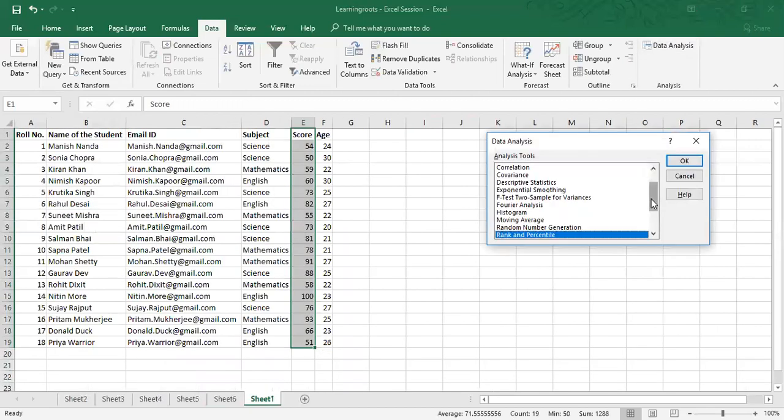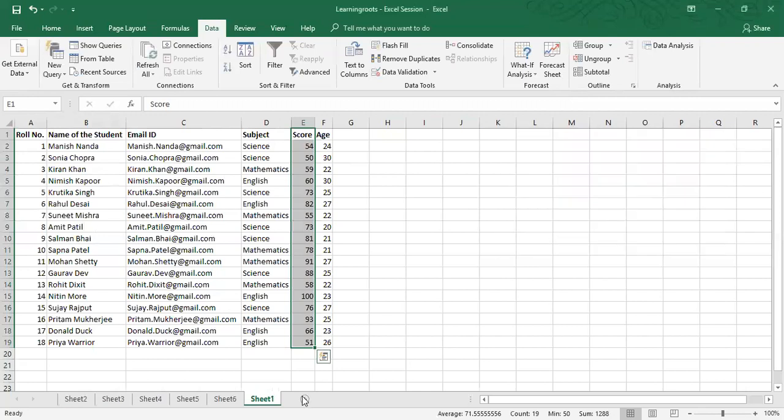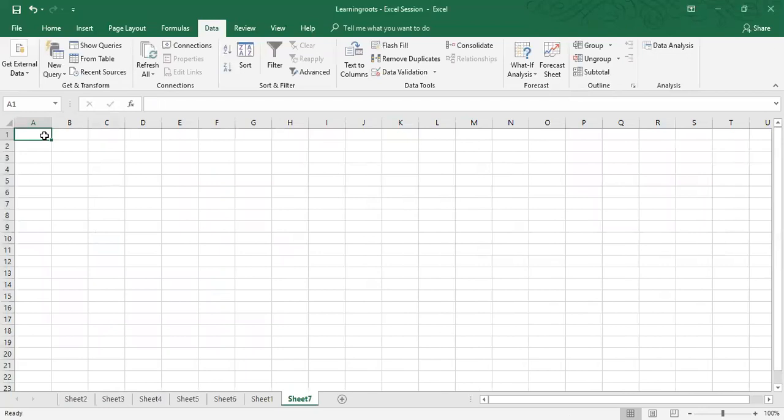Let me go back to data analysis. Now this time I'm going to do regression, but I'll not be using this table. Okay, I'm going to create a separate table because regression is a different thing. You can't really have only two things and do regression. So for this, I'm going to